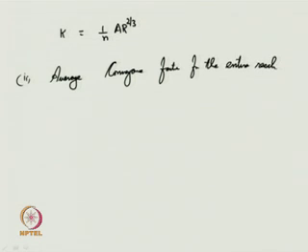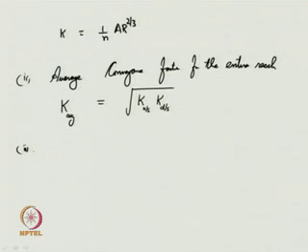So, this average conveyance factor for the entire reach can be given as K average. This is nothing but the geometric mean of the conveyance factor at upstream and downstream respectively. This is the formula for geometric mean, so that has been directly employed here. So, once you get the average conveyance factor, the third step involved is that you have to first